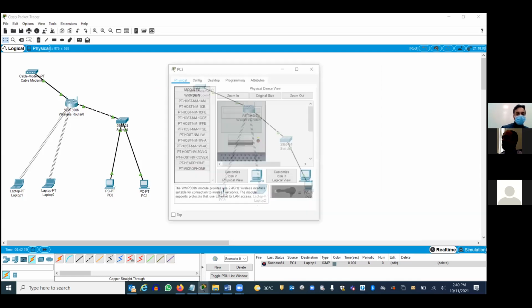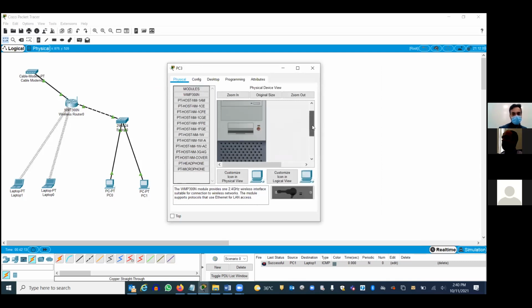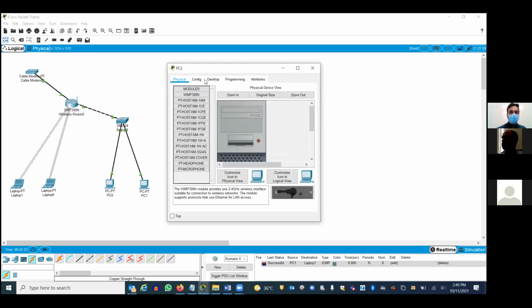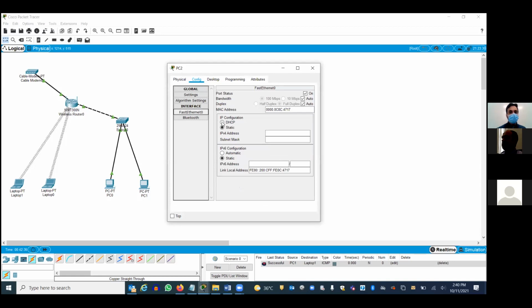Just go to the PC. Power off. Yeah, replace it. Okay. I put the wireless interface. Clear. Then power on. So in this example, I am going to manually assign the IP address. Okay. So what do I have to do? Go to the PC. Config. Fast Ethernet. I'm going to make it static. DHCP I disable. But the first IP address, 192.168.0.1, is already there, right? 1 is the router, right? What is the first IP address? 1.